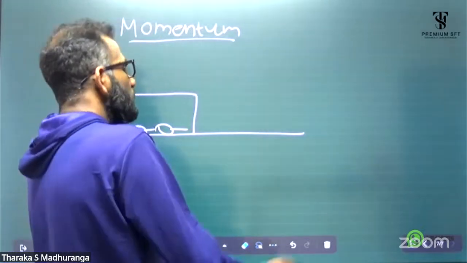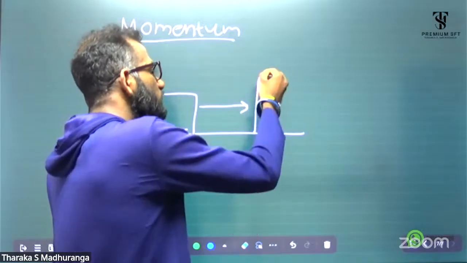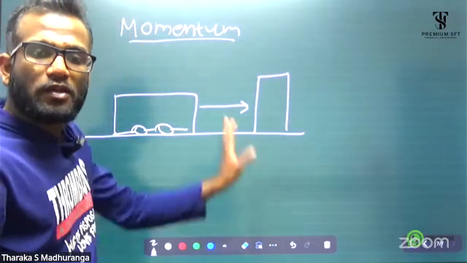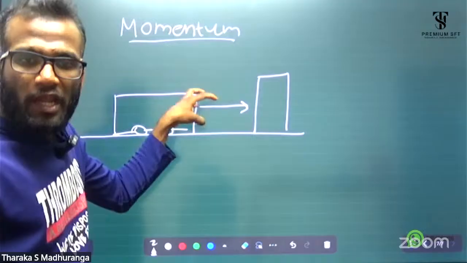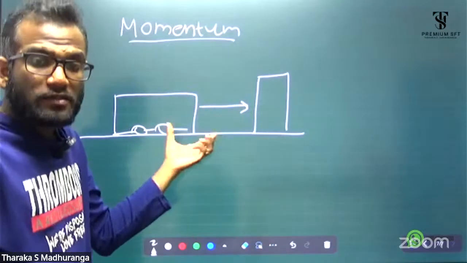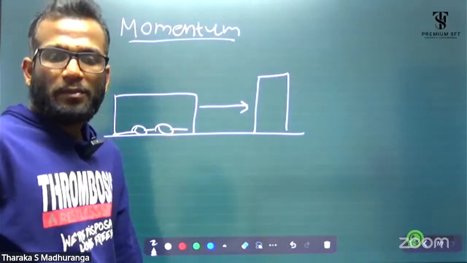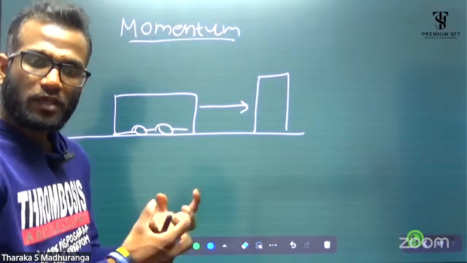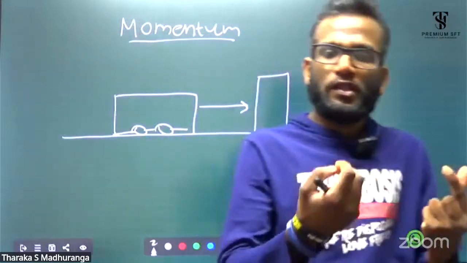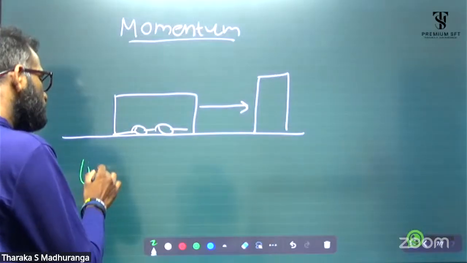Now, suddenly it hits another vehicle or a barrier. What happened? The object does not like to change its motion type suddenly. It has a reluctance. Due to this reluctance, there is huge damage. The damage is huge because this momentum depends on the mass and